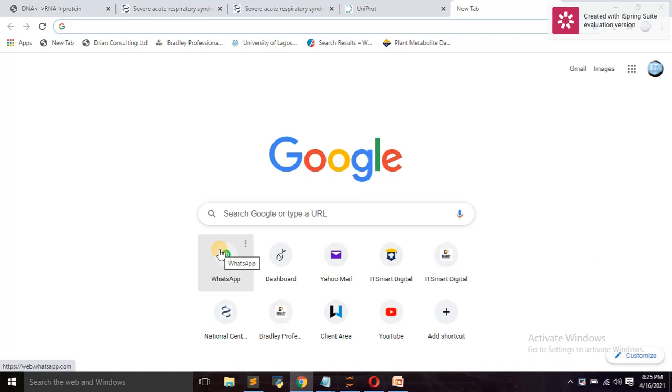Today we'll be looking at an introduction to bioinformatics and how to use biological databases as a bioinformatician to gather information. First of all, what is bioinformatics? Bioinformatics is a multidisciplinary field that involves applying the knowledge of information technology with biological science